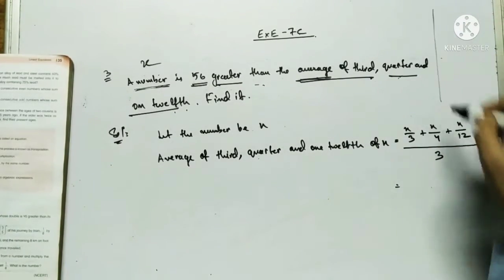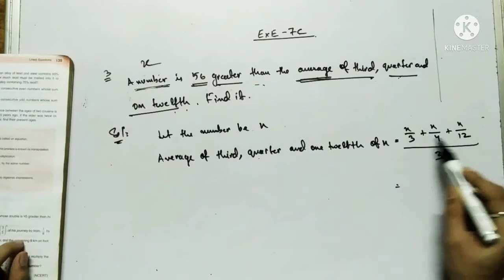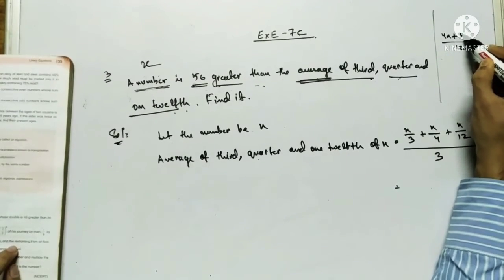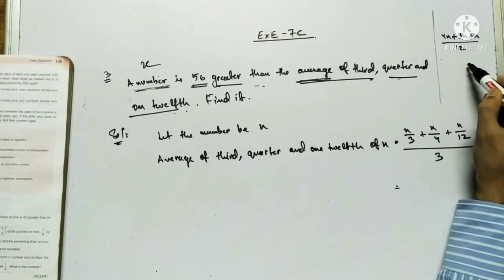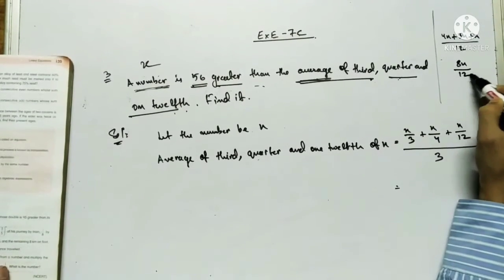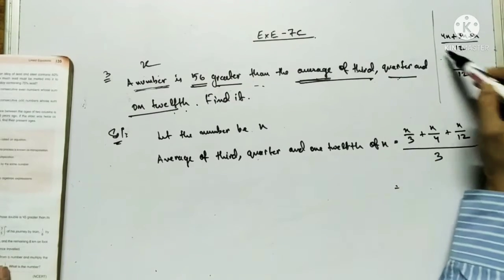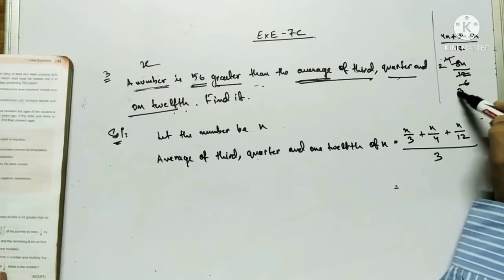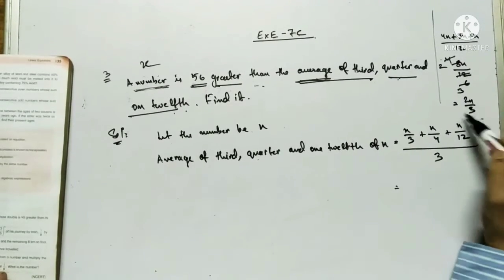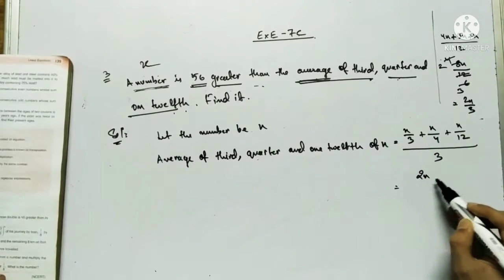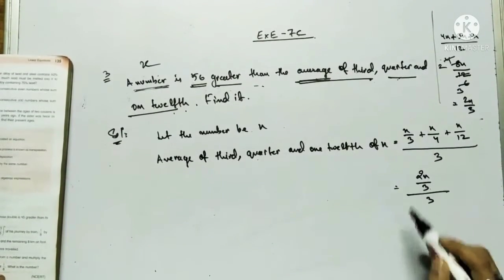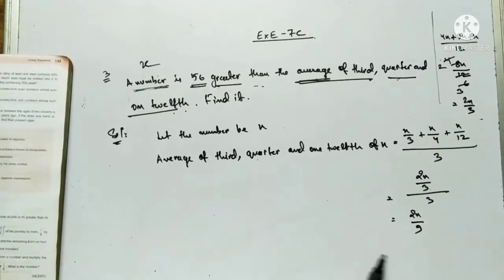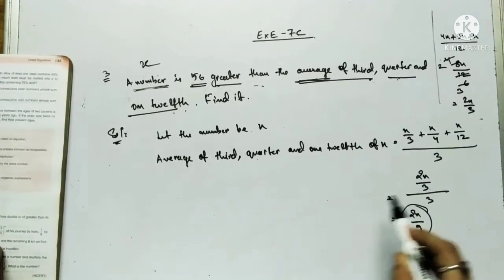Now I will solve with this one. Let me solve it in the rough, and there I will put it. First of all, numerator LCM I will have to take here. LCM will be 12, so this will be 4x plus 3x plus x. So this is 8x/12 I am getting. Only the numerator I am solving. So this one if I cut, 2 4s are 8, 2 6s are 12, 2 2s are 4, 2 3s are 6. Ultimately I get 2x/3. Only the numerator I have solved. Numerator I got 2x/3 by 3, which ultimately gives me 2x/9. Okay, 2x/9 I got.